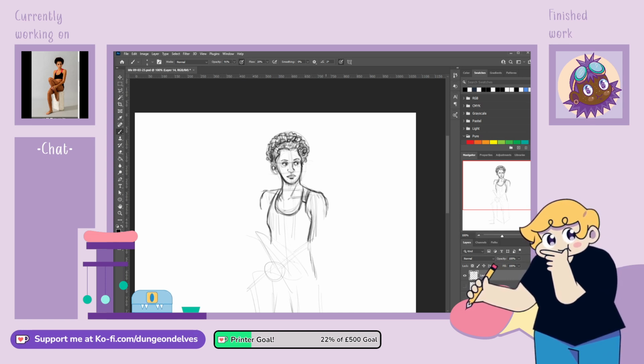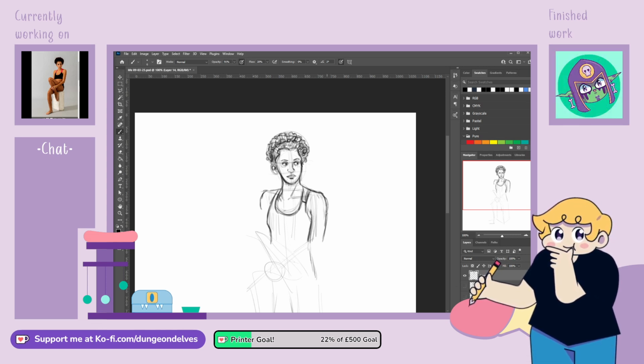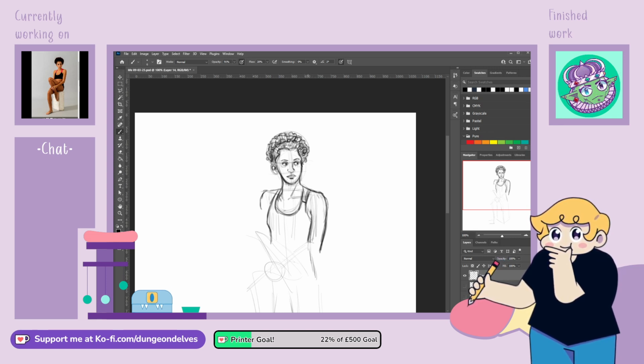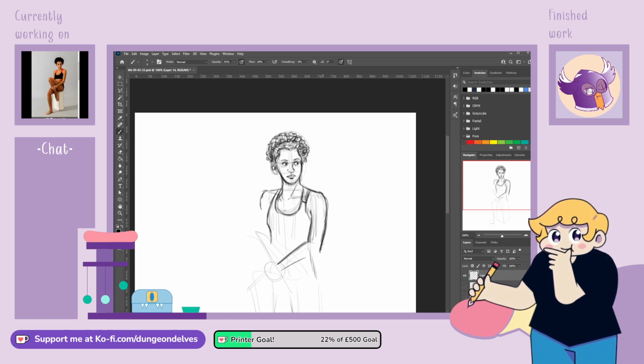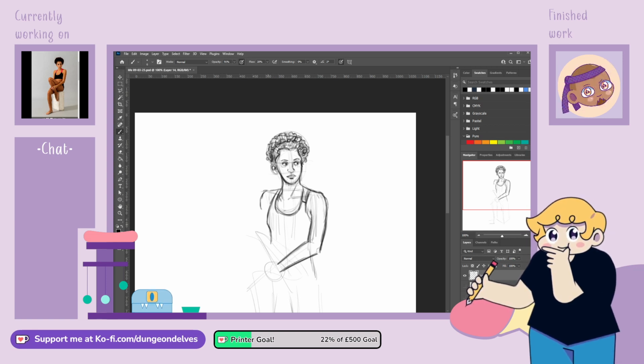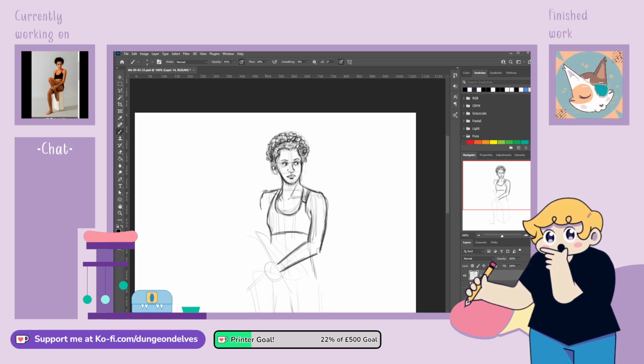Let's see. Shoulders a bit off as well. Not a fan.